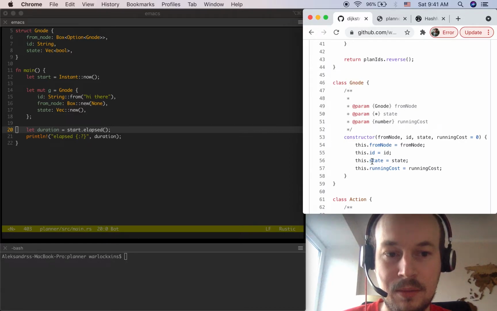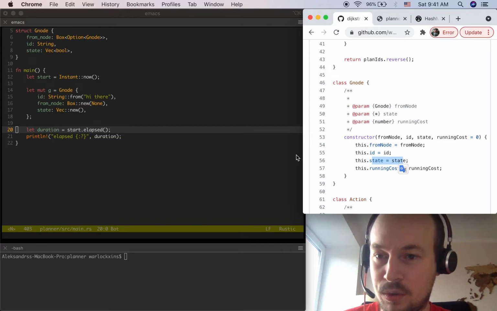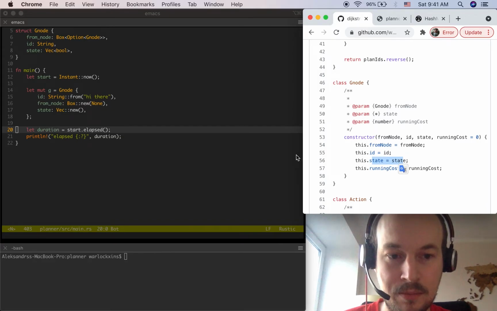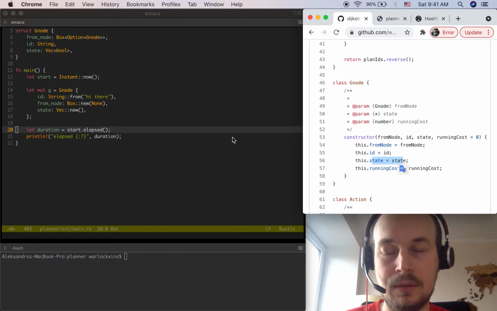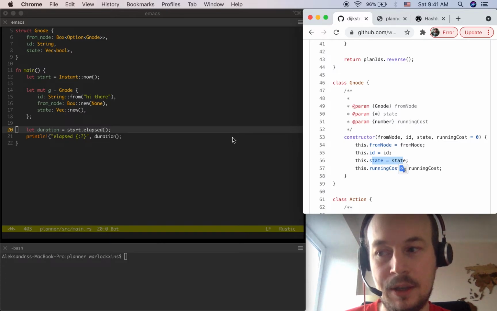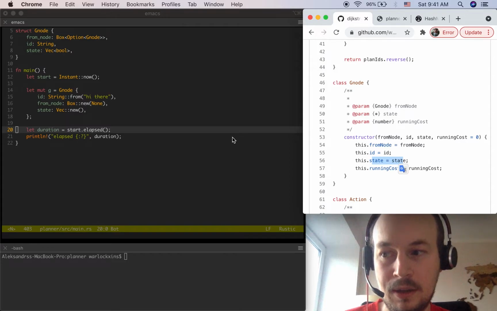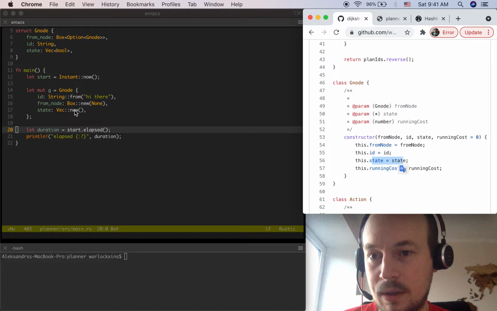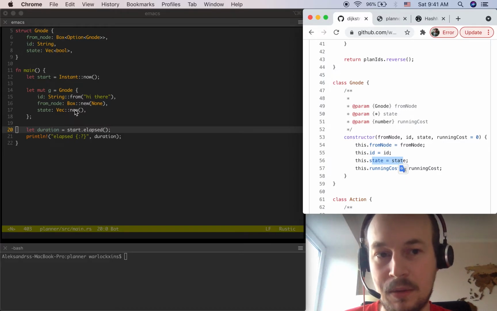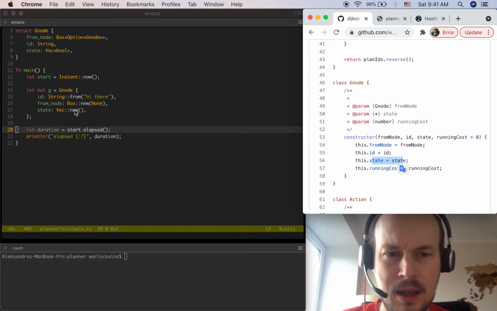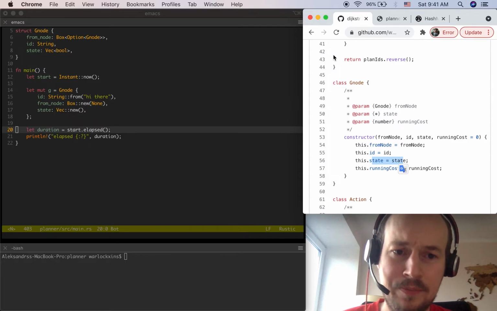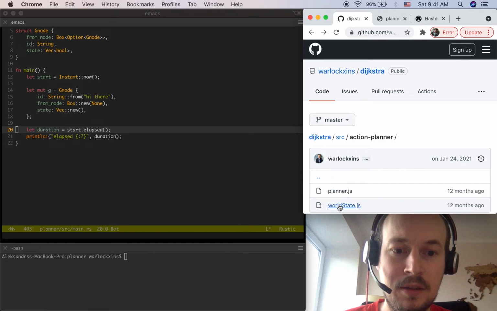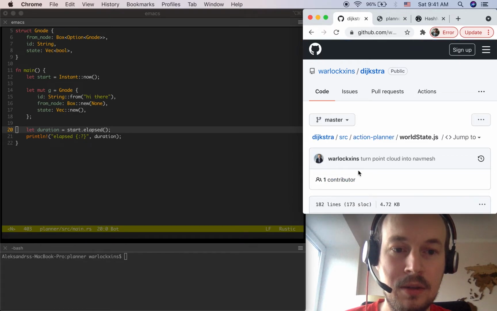But at some point I was really not sure in which way to create a temporary local state at which the node exists. I thought initially it would be a vector, but it seems like I want to experiment with hash maps first. The reason is, in my example, I created world states